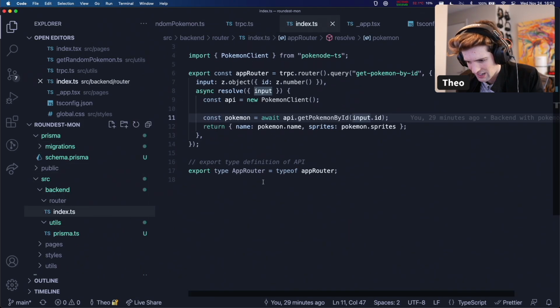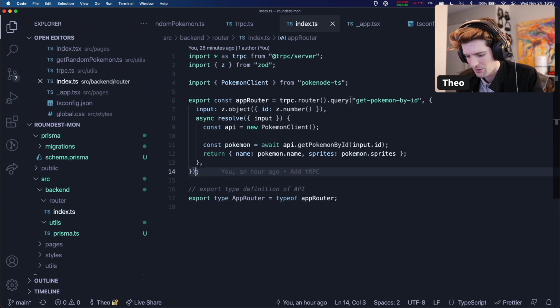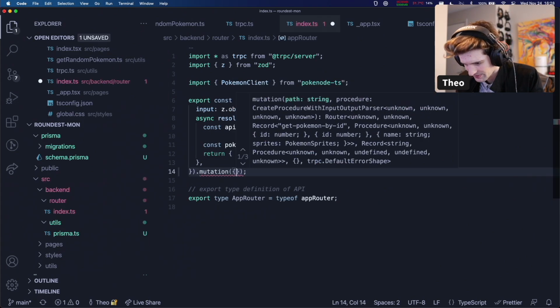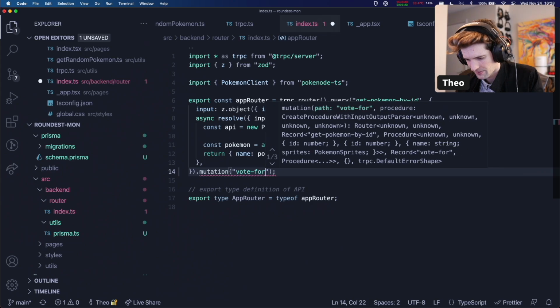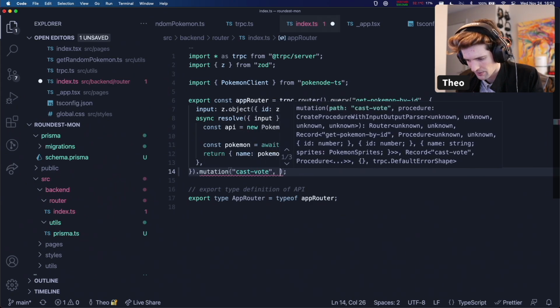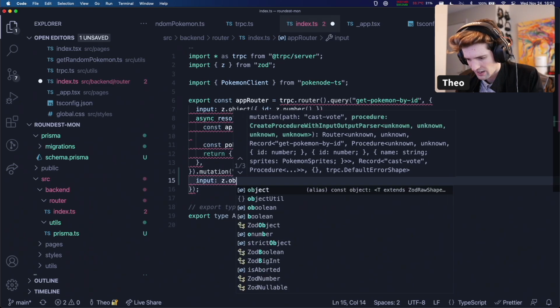Router index.ts, export app router. This all looks good, but we want to define something much more fun. Our first mutation. So dot mutation. First, vote for Pokemon. Or cast vote. Yeah, I like cast vote. Input z.object